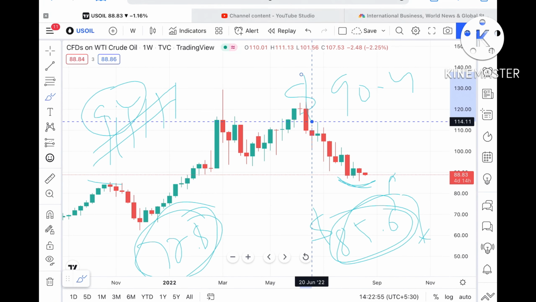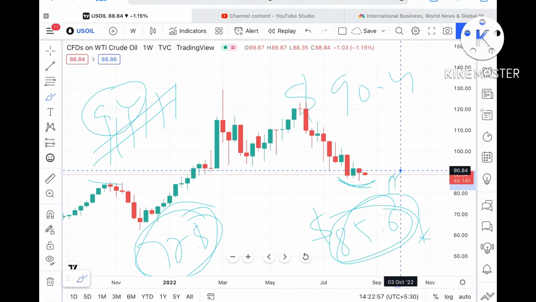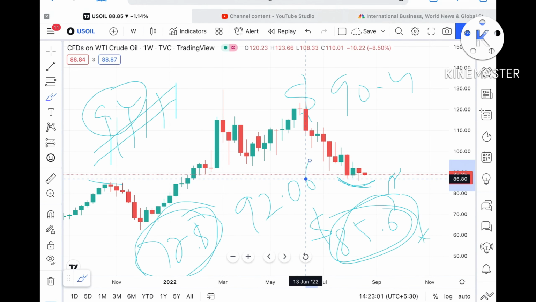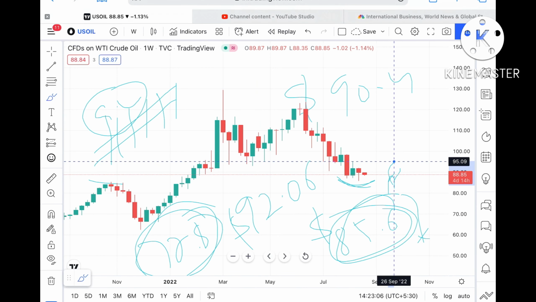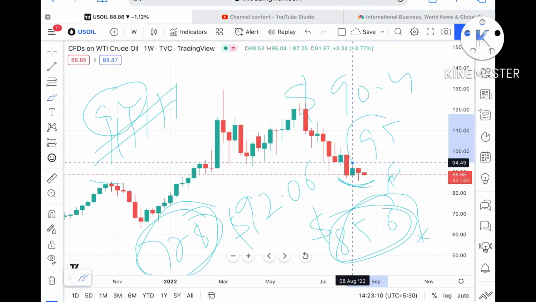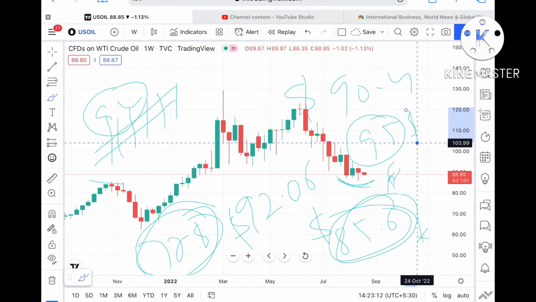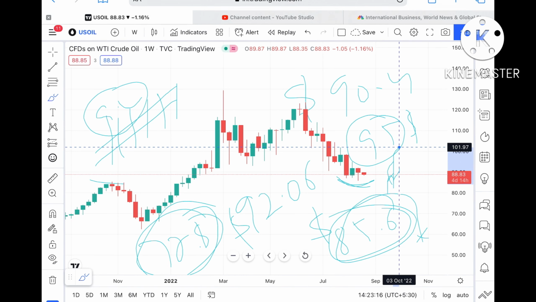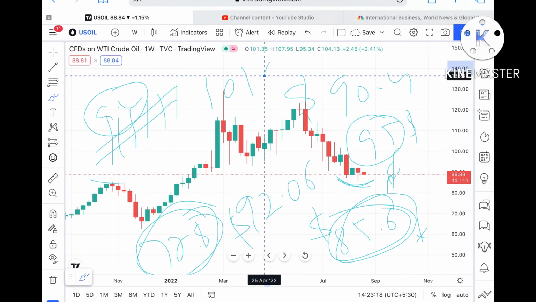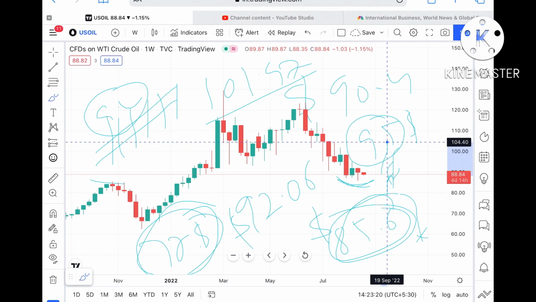Okay, and once $90.4 sustains, the probability is high we can see it go further upside towards a level of $92.06. And if that level goes upside, the probability is very high we can see it go further upside towards a level of $95. Okay, and once the price sustains above 95, then we can see it go and touch a level of around